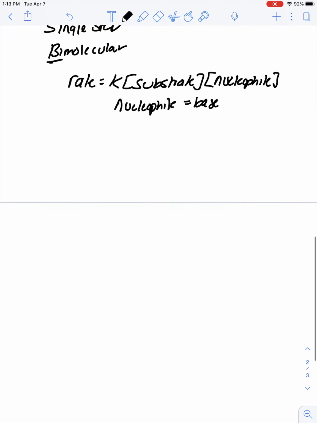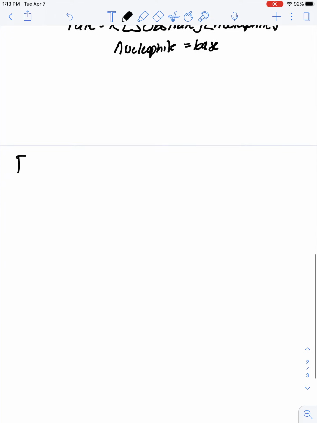So let's look at some examples of E2 reactions. We're going to look at only products that will result from that anti-periplanar elimination. So this is going to be where, again, Newman projections may come into play. Chair conformations may also come into play. So when we look at this first example here,